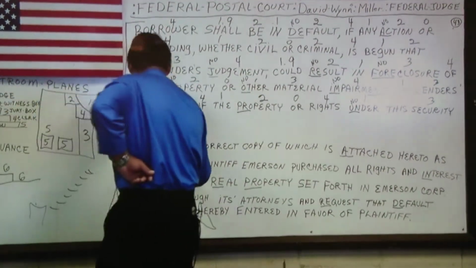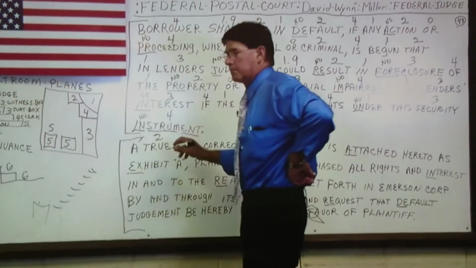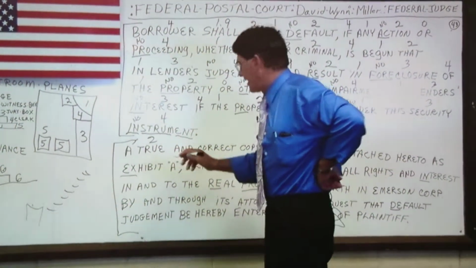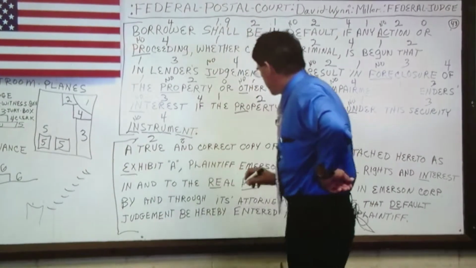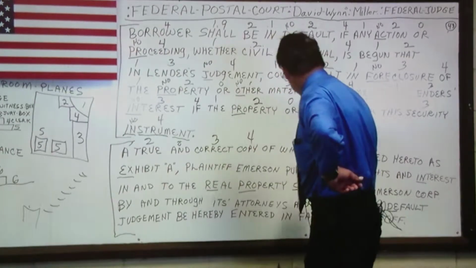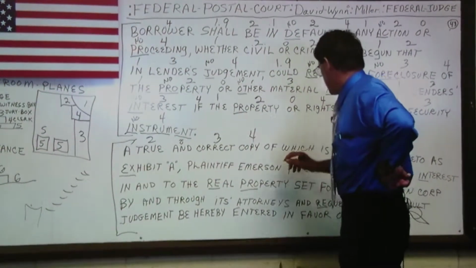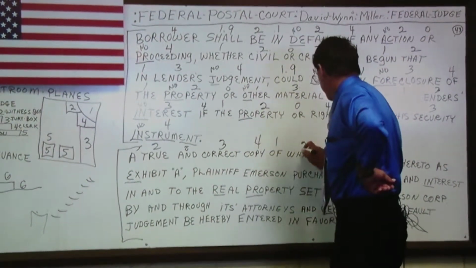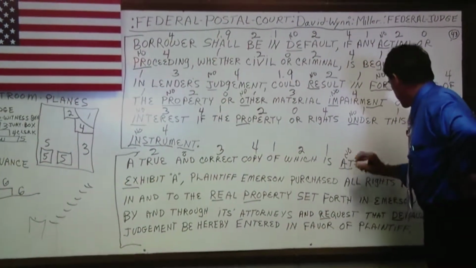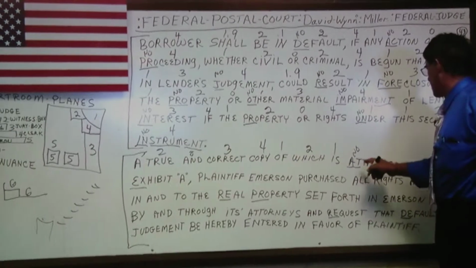A true, which now becomes a verb. Truth is not a verb. It's a condition of state. And is a conjunction. Correct copy becomes an adjective pronoun. Of is an adverb making which to be a verb. Is an adverb making attraction to be a no attached. Is a no contract